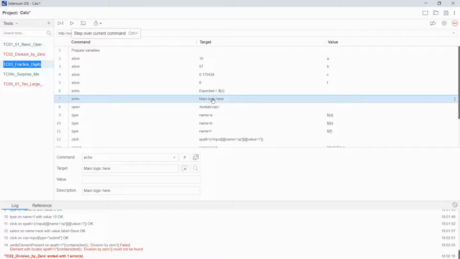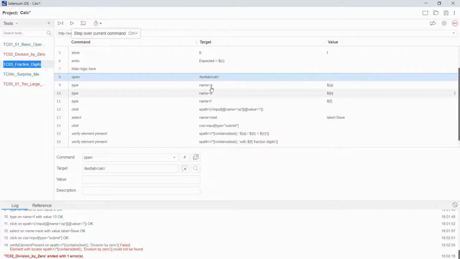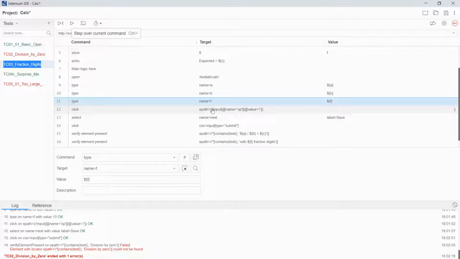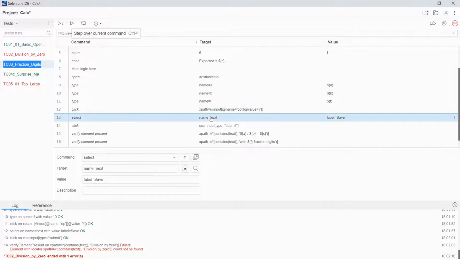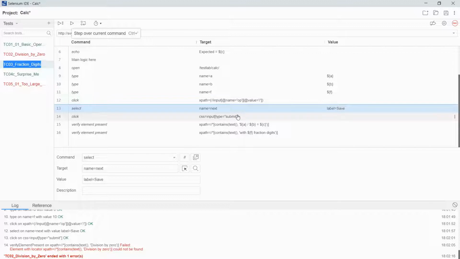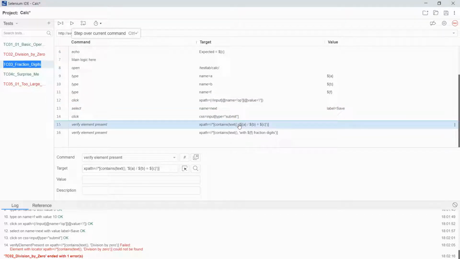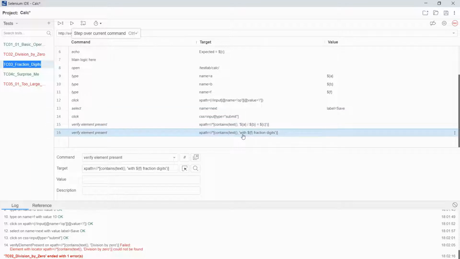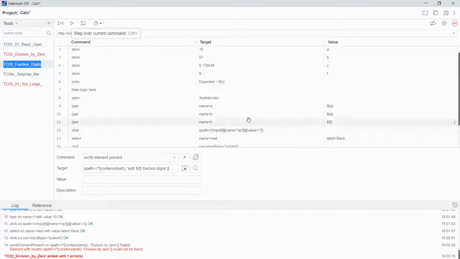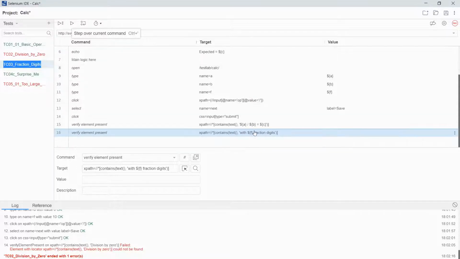We print the expected result, and the main logic here: we open the page, fill all our fields, select once again save, click the submit button, and then verify that there is the result of the division. And there is such a label with those, let's go up, 6 should be here, fraction digits.